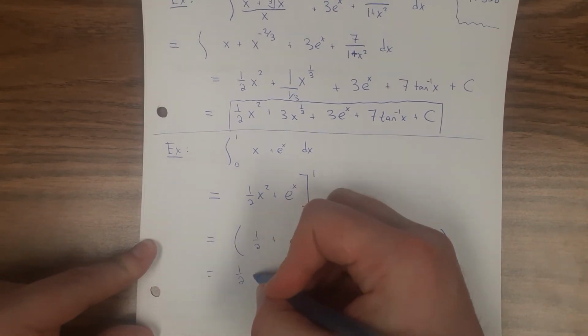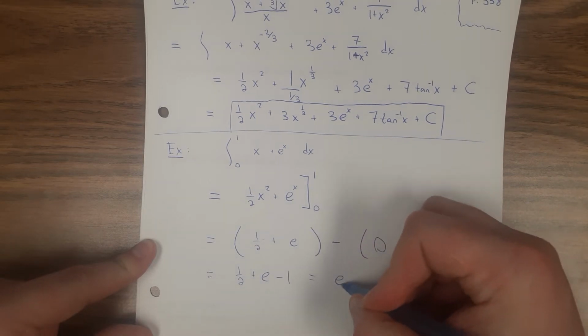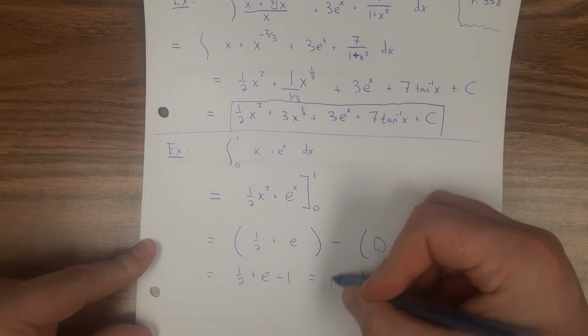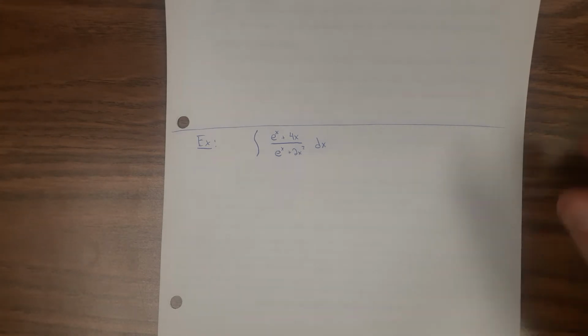So this is 1/2 plus e minus 1. So e minus 1/2. So that's it. Okay. So then,